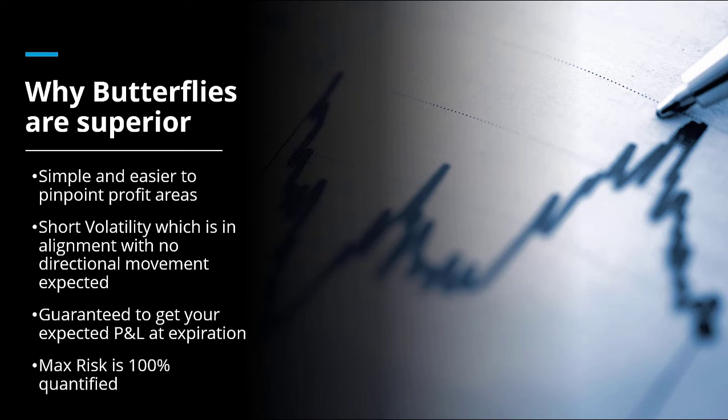If you think the symbol is not going to go anywhere and you open up a butterfly, if that works, there should be a drop in volatility. If the symbol doesn't go anywhere, there's likely going to be a drop in volatility, which is beneficial to your position. So all of a sudden, we're now making a trade that's in alignment with both our call on direction and our call on volatility. And the nice thing is you can completely count on what your P&L is going to be